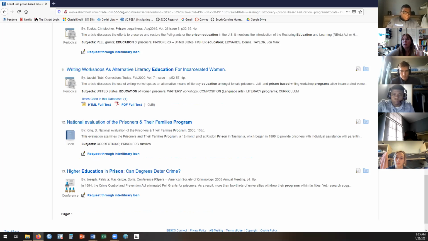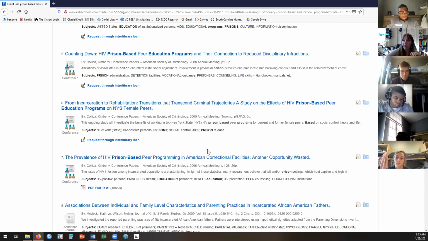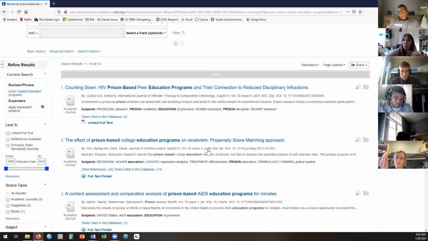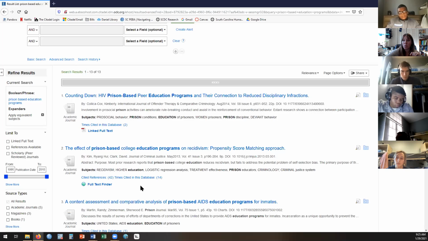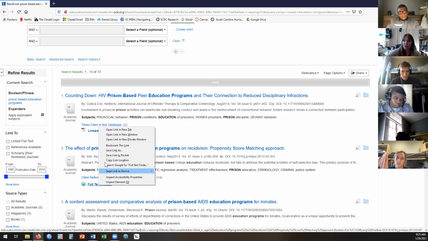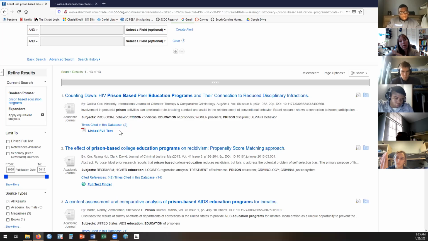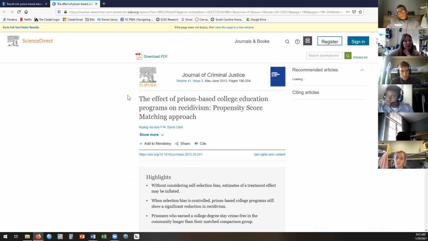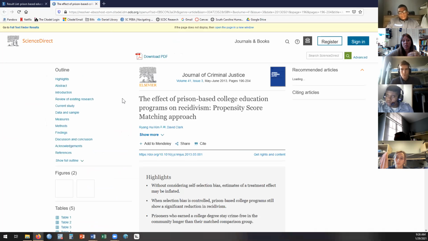The other thing I'd like to point out is the difference between interlibrary loan and PDF full text. If it's PDF full text, you've got access to it right away. And what I like to do is, as I'm going through these articles, if I see one that I like, full text finder, I'll show you that in a second, I just pull it up in a separate tab and I can keep going. So PDF full text pulls it up right away. Full text finder, I have students that get confused about this a lot. Occasionally it pulls it up right away, but every once in a while you have to click a couple more buttons.